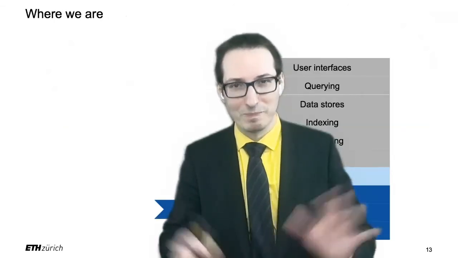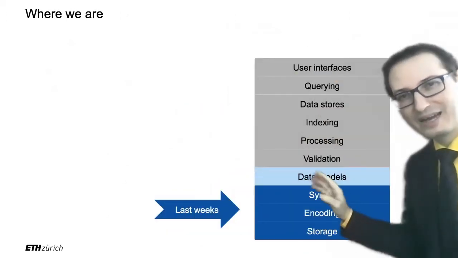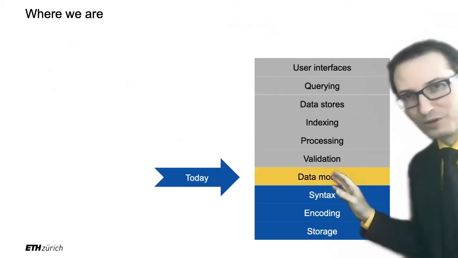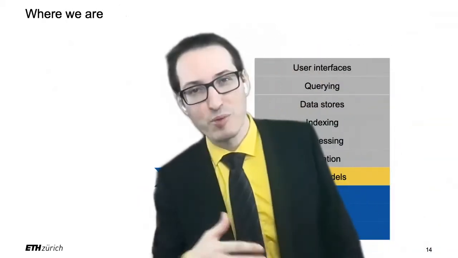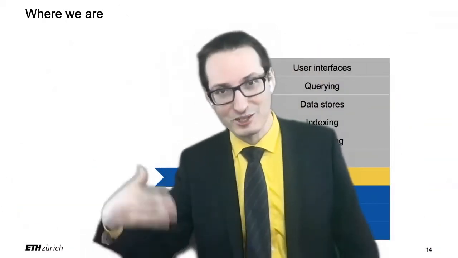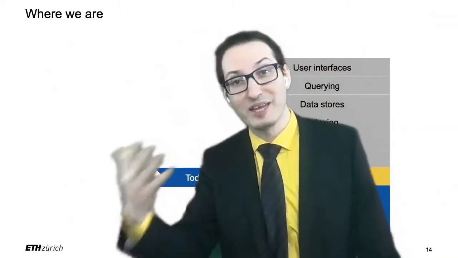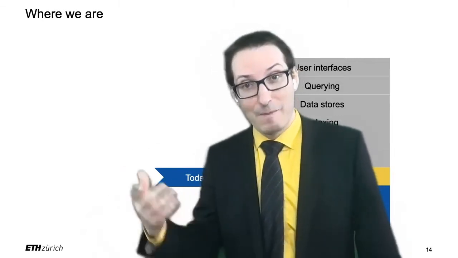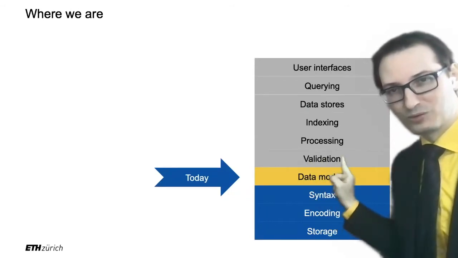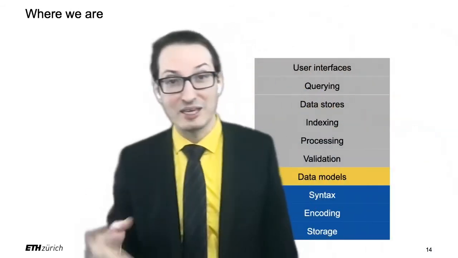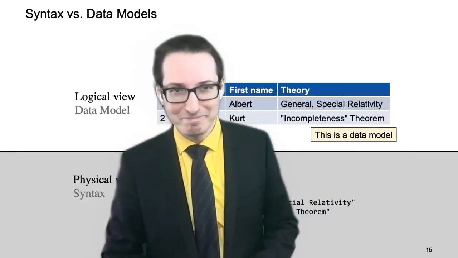All right, so let's now make progress and move on. I told you we've taken care of that. We started taking care of that with the relational model, but today we'll focus on denormalized data, right? I started that with JSON and XML. I explained to you that JSON and XML are a way to denormalize data, and we looked into the well-formedness of JSON and XML. But now what I want to do is also look into the validation of that data, because then we can make even more explicit that it's denormalized data. All right, are you ready? So let's go.